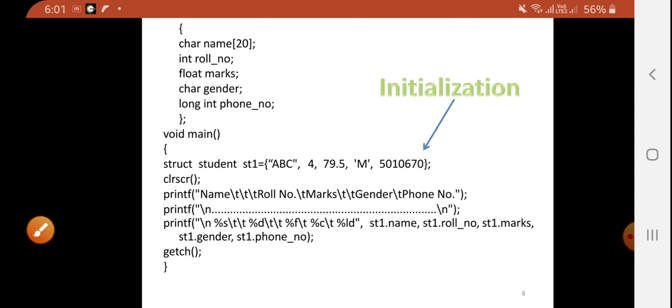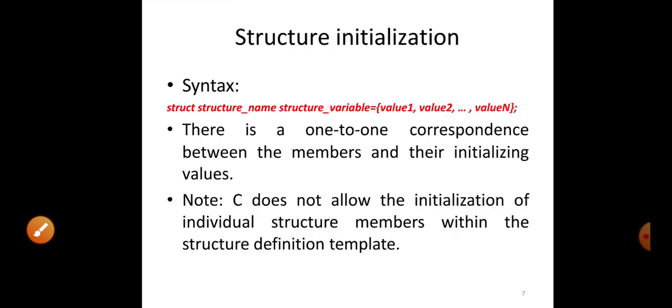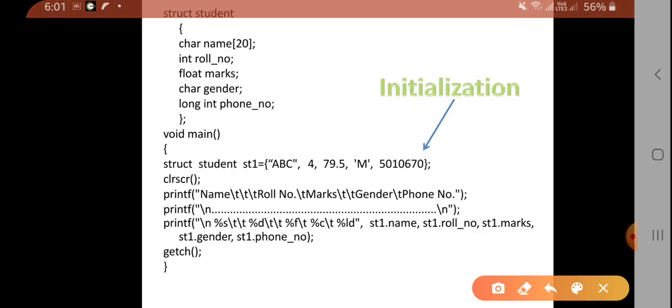Okay. Now you can take the value from the user also. As we have discussed, in order to access the variable, we have to use the membership operator. So st1 dot name is abc, st1 dot roll number is 4, st1 dot marks equal to 79.5, st1 dot gender equal to m, and st1 dot phone number equal to 5010670.